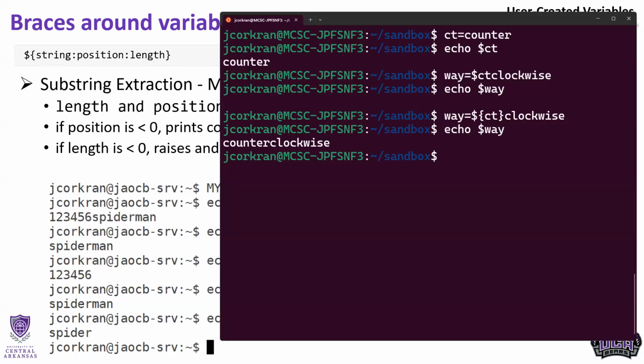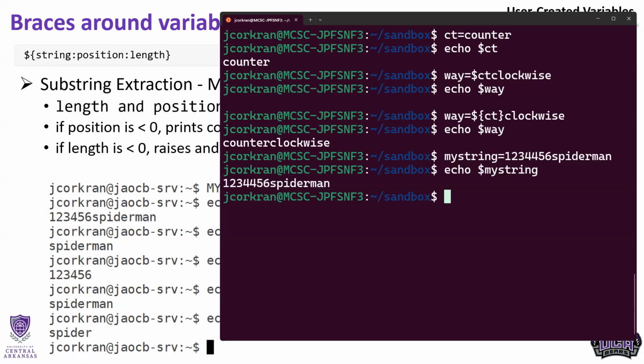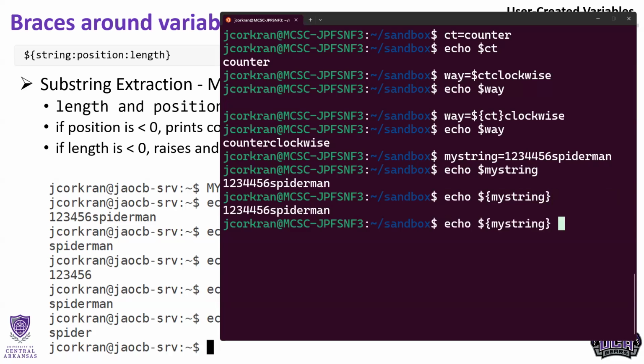So I'm going to go ahead and create the same thing over here. And we're going to call it my string, and we're going to set it equal to 1, 2, 3, 4, 5, 6, and Spider-Man. All right, so now if I echo $my string, I get the contents back. Now, expanding on it, we can do this. Again, it's going to be the same exact thing, but now we're going to throw in this kind of string splicing right here, trying to get back a substring of it. So if I just give it a 6 here and hit enter,